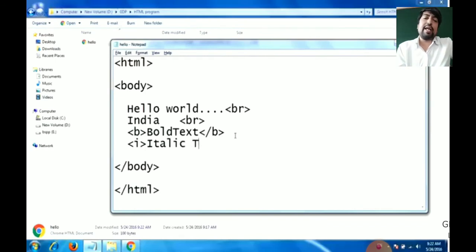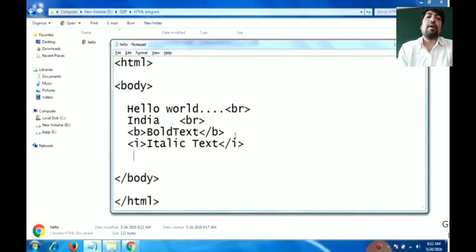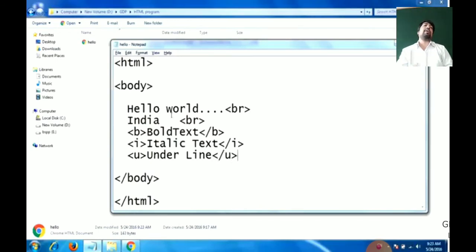The I tag will be useful for italic text. I am writing the proper meaning of the word. The U tag will be useful for getting an underline under the word written inside the tag. I have already taught you about the different tags.